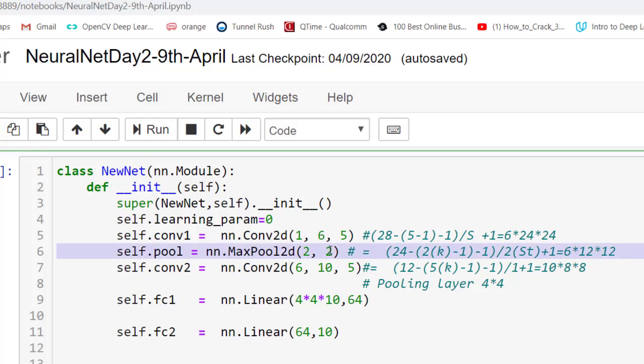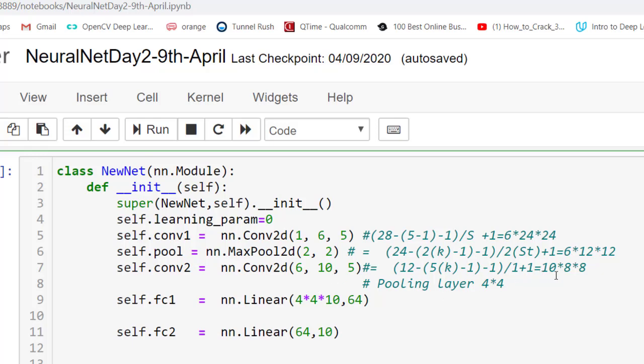Okay, so after this is the next layer, which is convolutional layer 2. So what we want to do here is take the number of channels 6 and convert them to 10 channels. Again, use the filter size 5, and you may differ and you may take a different number of channels as output. It's up to you. You can experiment with various different channel numbers and come to one number, but it's going to work because this is a very simple data set. Whatever you do like this, if you train the network properly, it's going to work.